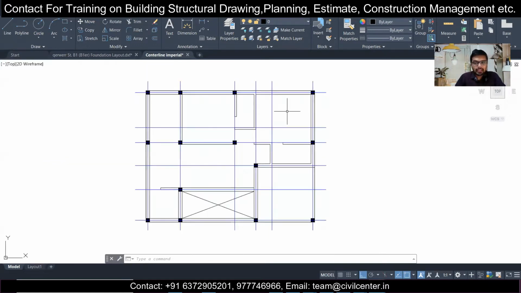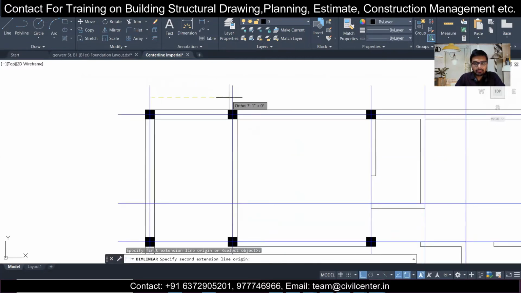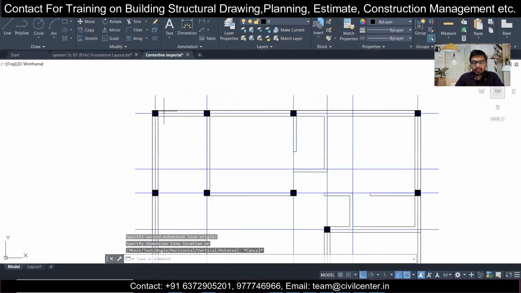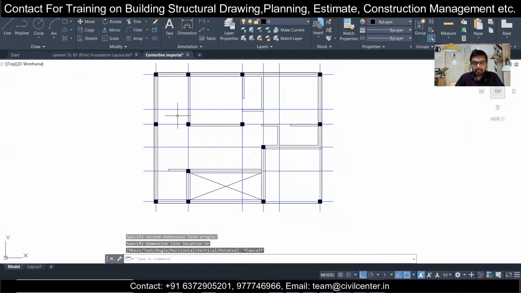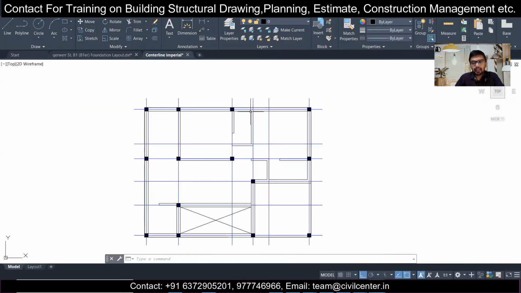Okay, so now this is the file. As you can see here, the units are imperial units. We'll do the first case. It is a file in imperial units. In the architectural plan itself, I have removed the floor unit components and then placed 10 inches by 10 inches columns. And I want to import it into Tekla simply. I don't want to convert, I don't want to do anything. I want to save my time and import it directly. So how can I do this? Can I do this actually?